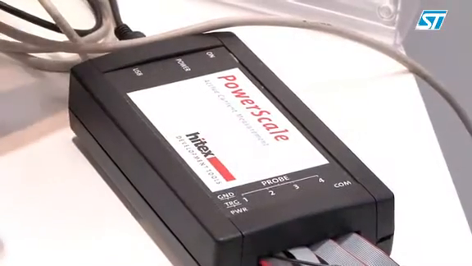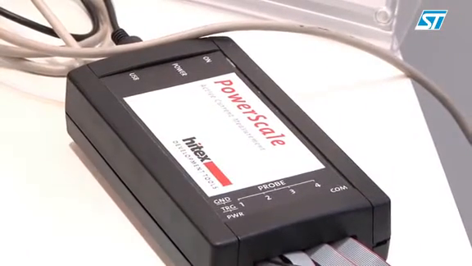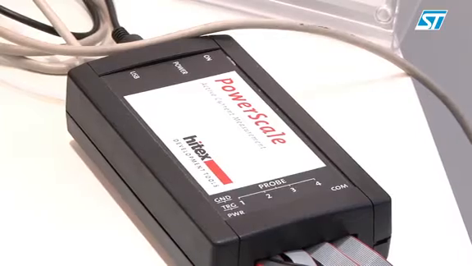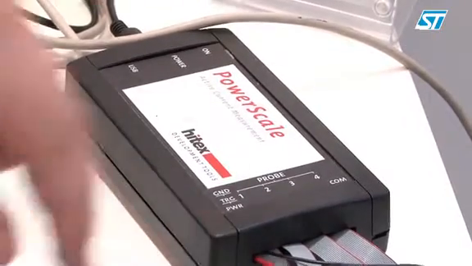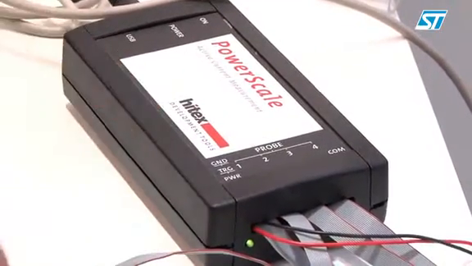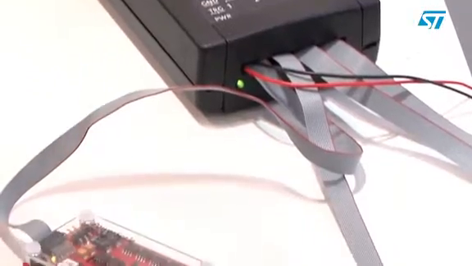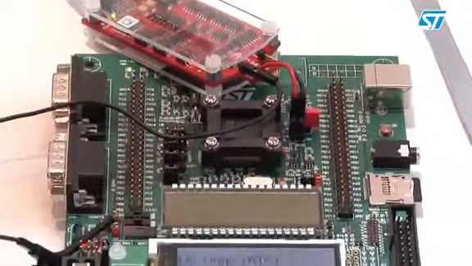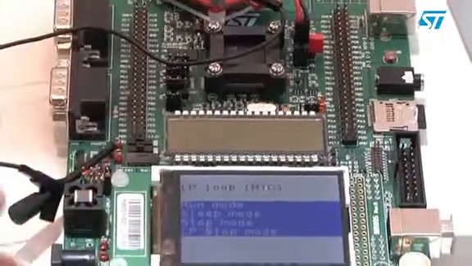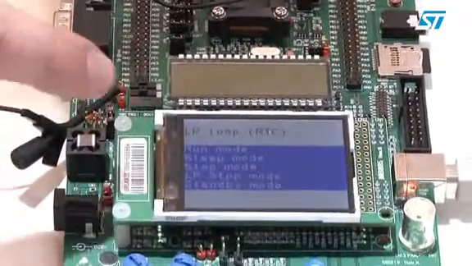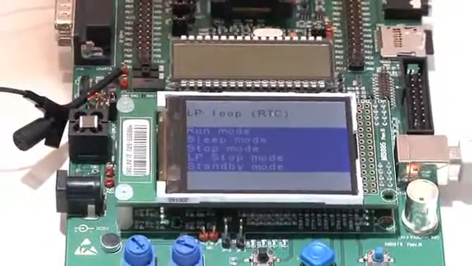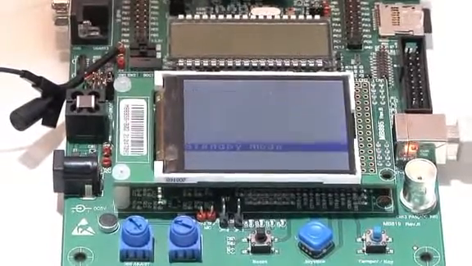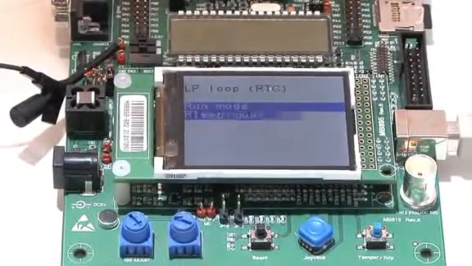So here we have the PowerScale box from Hitex. This allows you to make very accurate measurements of the real current consumption of your application. In this particular configuration, we have it connected through the analog probe, which is making the measurement of the current consumption of the board. If you look a bit further down, you can see the LCD of the eval board is displaying the exact mode that the microcontroller is being configured in. So that you can then correlate back to the information that you see on the screen, giving you the instantaneous